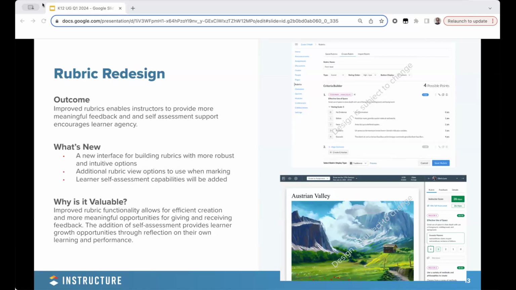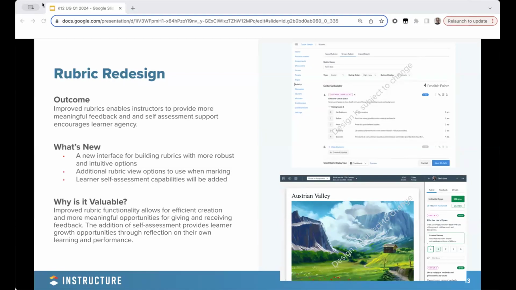That will continue to be maintained in the new design as well. Being able to copy and duplicate criteria, drag and drop, reorder criteria, all those sorts of things that are not possible today. But there'll also be the ability to preview before a rubric is published, so to see how it's going to look and understand how it's all coming together, and introducing some more flexibility in how you're actually displaying